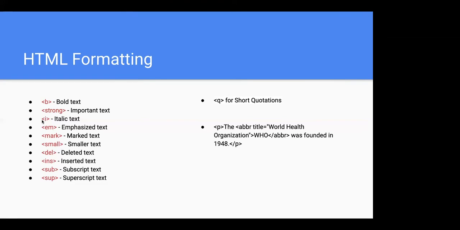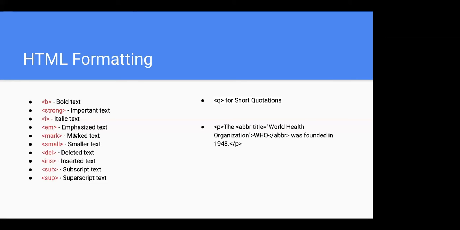And the I tag is for italic text. If you want to write something in italics, you use the I tag, write something, and then close it down. I would recommend just trying these tags, write these tags and try something, because you can use the link that I've sent you from W3 Schools. That will help you